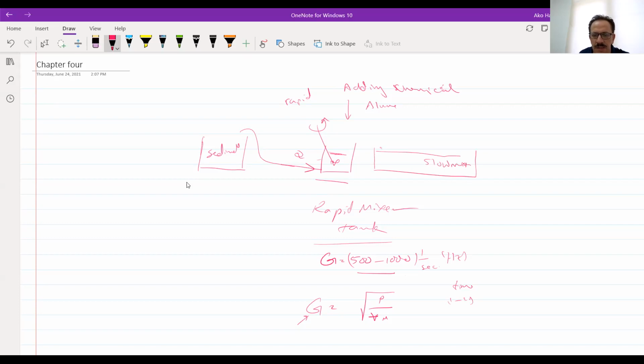After that, there will be another tank which is called a slow mixing tank. In this slow mixing tank we also have a mixer, but the mixers here are different from the one that we have here. Usually it will be an impeller, a wheel rotator with wheel paddles. The alum mixed with the raw water will interact with the solids suspended in the water.